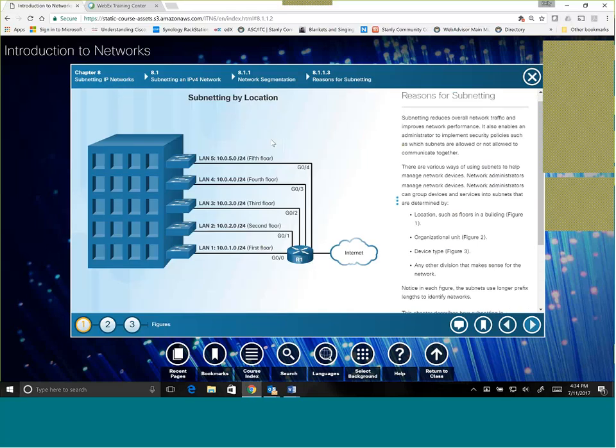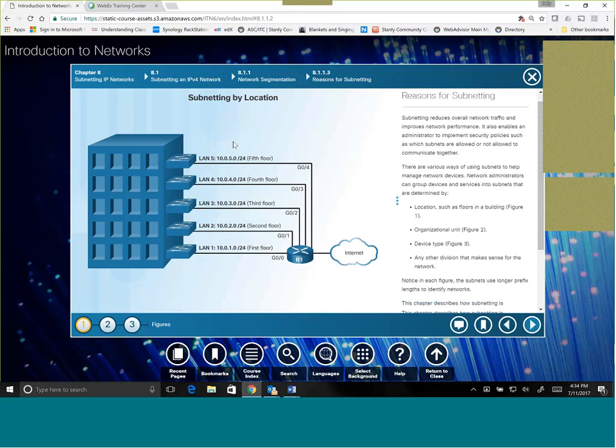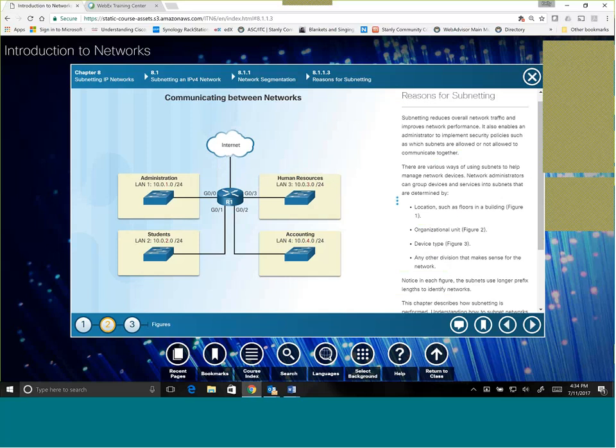Again, here's our subnetting. We could subnet based on location. So here's a different subnet for each floor. Here's a subnet based upon